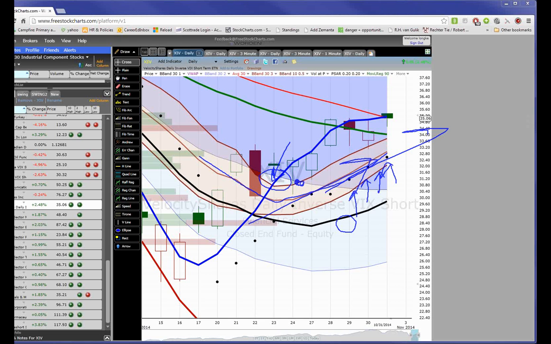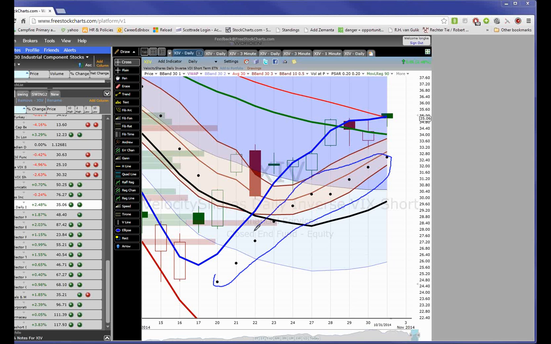What I like about what we're looking at here is that adaptive parabolic stop and reverse. When that gets back inside the dragon, that sort of says we're kind of back to normal. And so I like this support level here at 32. And we are at the Bollinger Band mean. And so a normal continuation